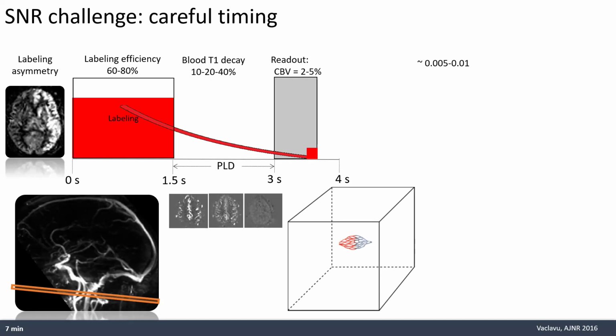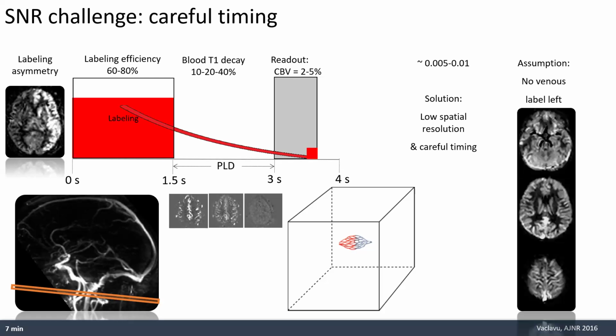Dr. Vilela already explained that from all the water in the brain that we are imaging, only a few percent is in the blood. So this means that we need to average our labeling trick a lot of times. So we need to take a lot of images, and we need to dial down the resolution, which is typically 1 by 1 by 1 in a 3D T1 or FLAIR. And for ASL, it's more like 4 by 4 by 4 because of the much lower signal. So these are things that we need to be careful about,